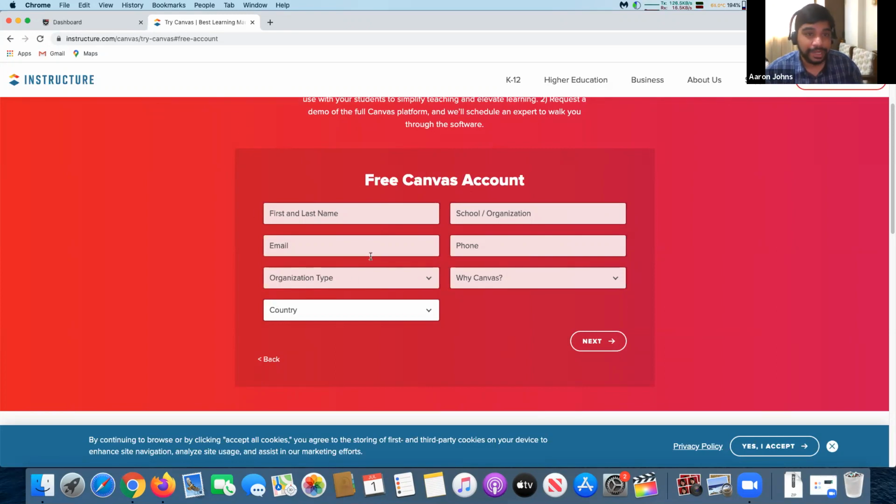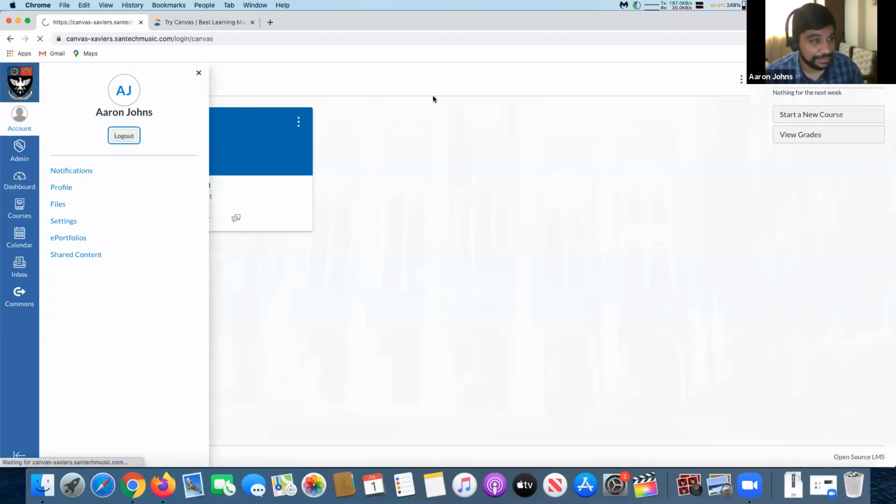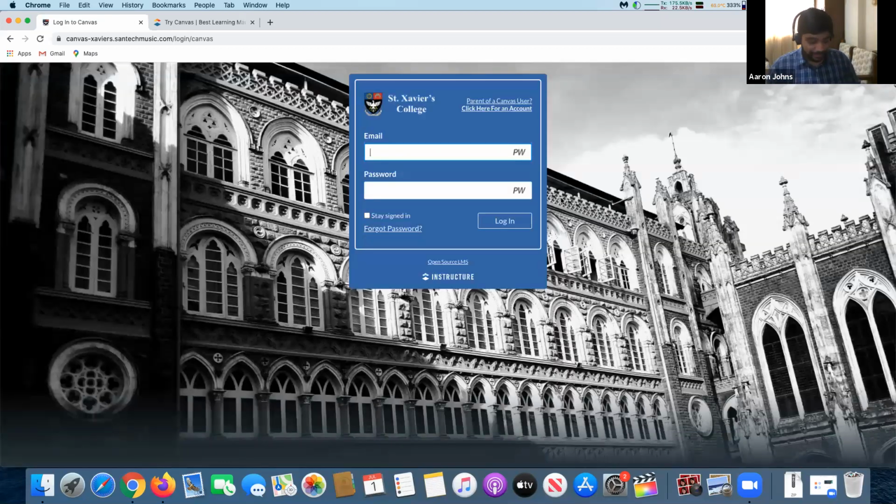Or if you want me to show you another alternative, I can give you a small little sandbox server to test Canvas right now if you want. If you can't register, or if you have nothing over there. Instead, now I've set up a Canvas instance over here. I can give you all access to setting up the course over here. I can add a person and you all can register.